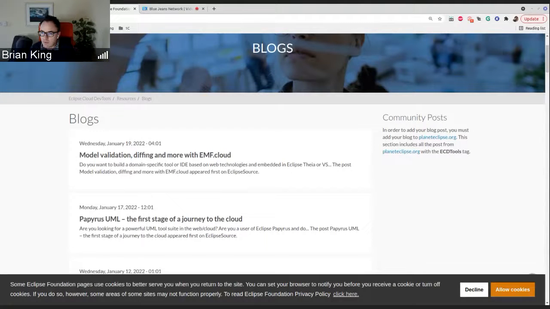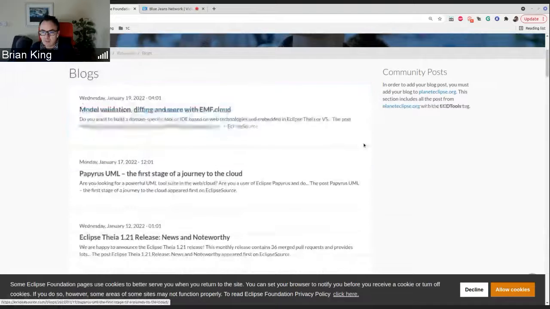I think you'll see it over there on the right-hand side. Planet Eclipse will also be pulled in here. So say if you have a personal blog and you're blogging about something related to Che that you would like to show up here, when you're already on Planet Eclipse, you can just use the ECD tool tags. However, any post on the Che blog is going to show up here.